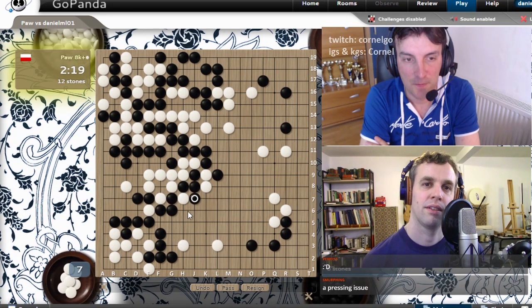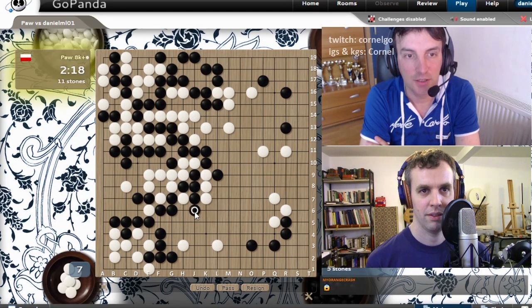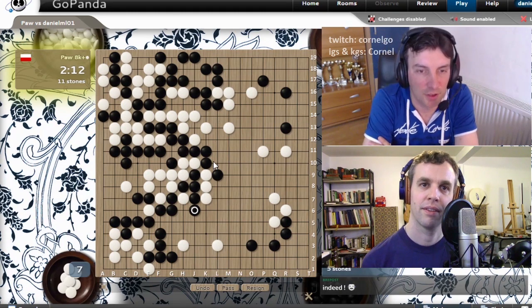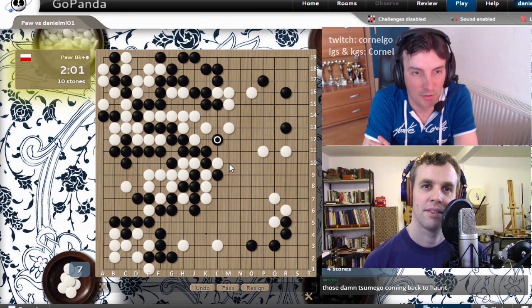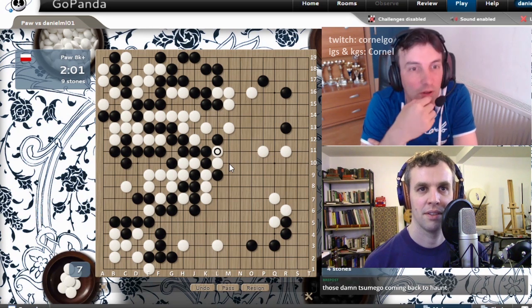J, yeah. And go out again. The thing is, if he cuts L10, which I suspect he will do, you can peep L12 and then capture the stone. See? He heard me again. Yeah, just peep. Now he can try an interesting move. L11. But it doesn't really do much, so...